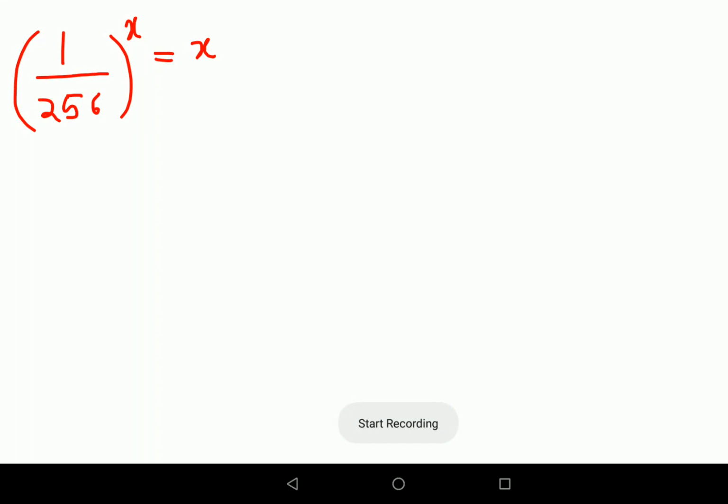Welcome everyone. So today we're going to solve a very nice indices problem. The question is (1/256)^x = x, and we need to find the value of x. Okay, so now in order to understand this, remember there's a rule of indices which says